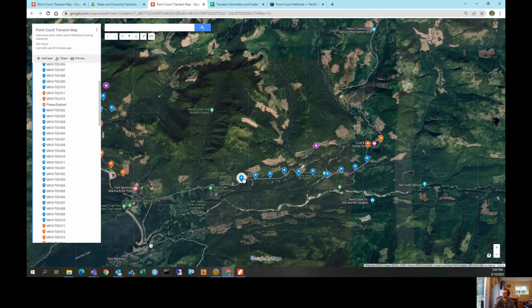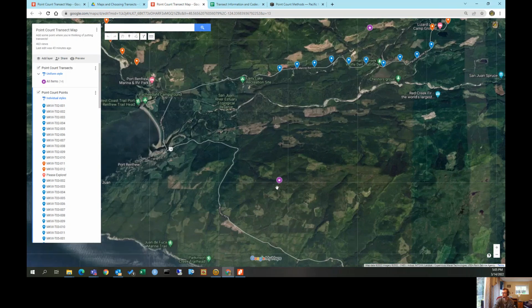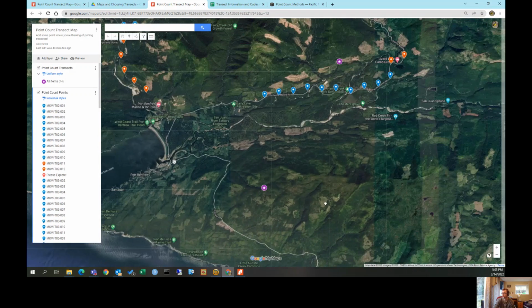This is our San Juan River. You can see MKVI T02, 001, 002, 003, and then of course a couple of extra points if you want to. The San Juan Ridge transects, there's a number up here. I think, well, we know that there's screech owls in some of these locations up here. But if you're planning on going, I will send you those points. Get help up there. We do know